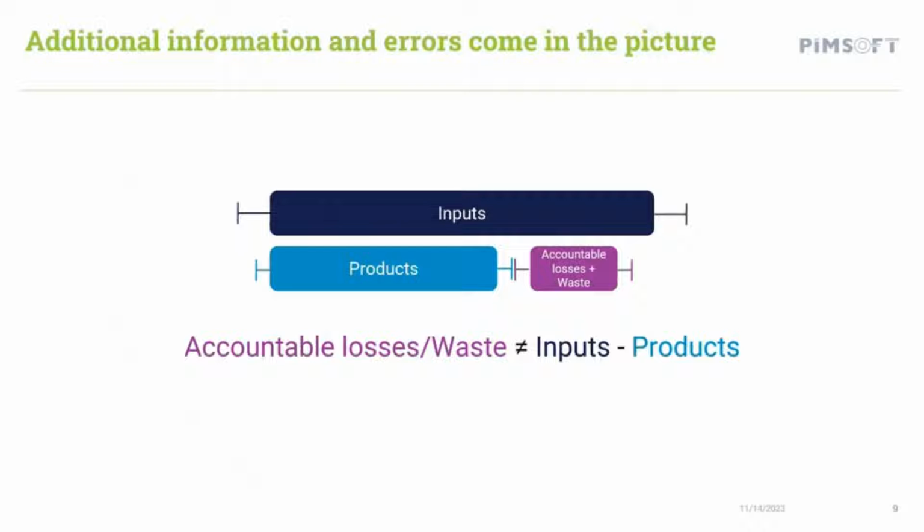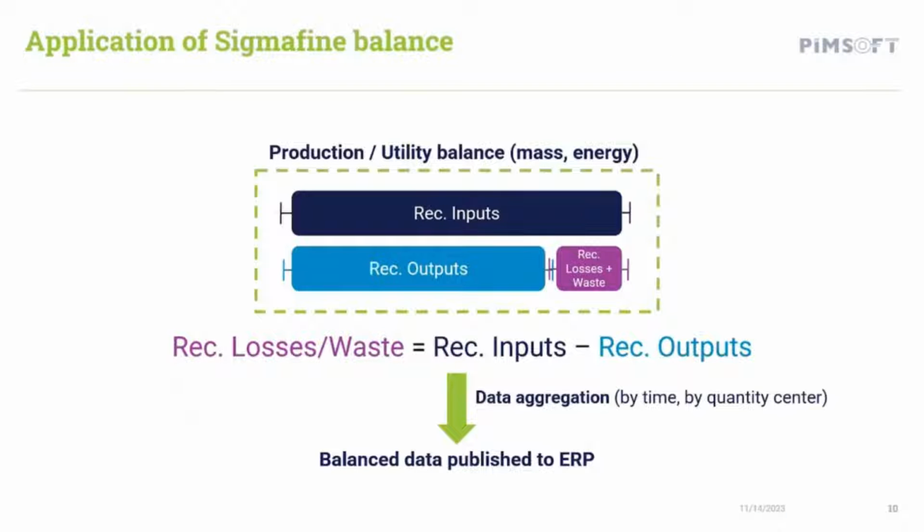As many of you probably know, these are exactly the kind of gaps that Sigma Fine is asked to close. By applying Sigma Fine balance, error is minimized and reconciled losses are optimal due to the reduction of data inaccuracy. By closing this gap, over-allocation of waste and losses is reduced, resulting in more reliable figures for MFCA analysis, supporting a continuous improvement path and cost reduction. In doing so, Sigma Fine shapes the data in the proper context to be easily aggregated with cost tables, typically monthly aggregated and then posted to the ERP level.